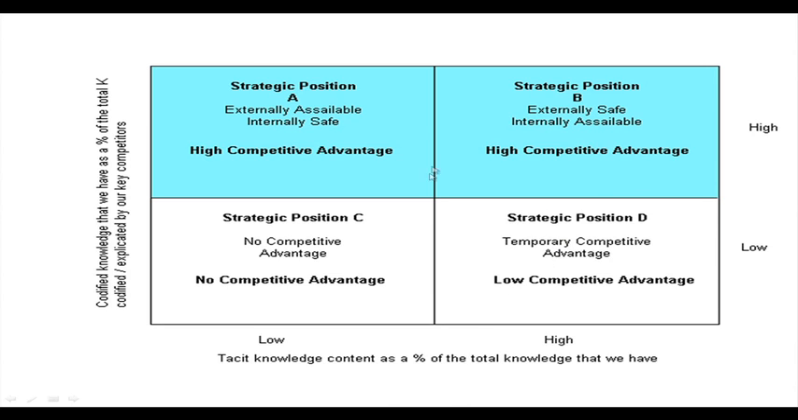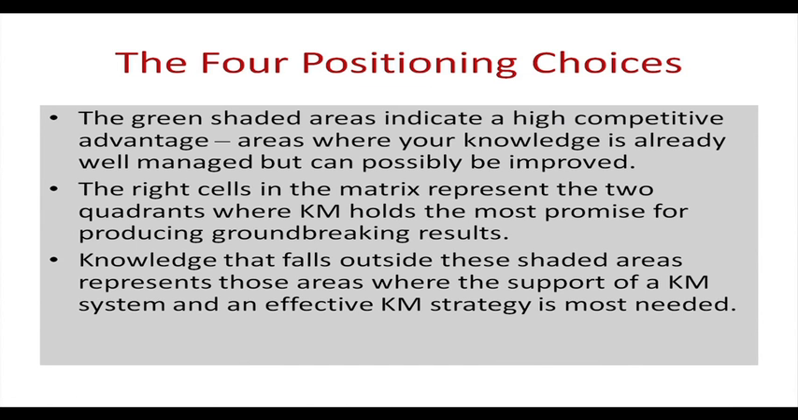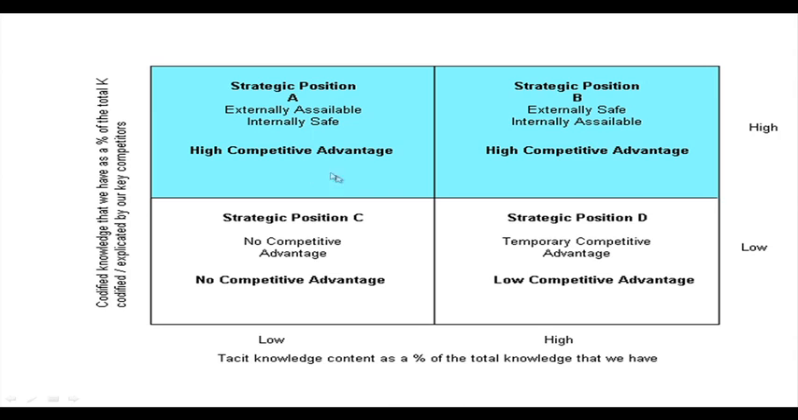So ideally you should be here, but this is also okay. This is where you have codified knowledge, but it may not help you in the long run. So the best thing is that you should be here, that is where you are going to have competitive advantage. So, when I am talking about the 4 positioning choices, it is always important to see where you stand vis-a-vis codified and tacit knowledge, because you need to have both in order to have competitive advantage,